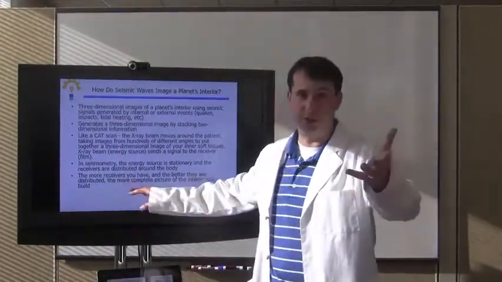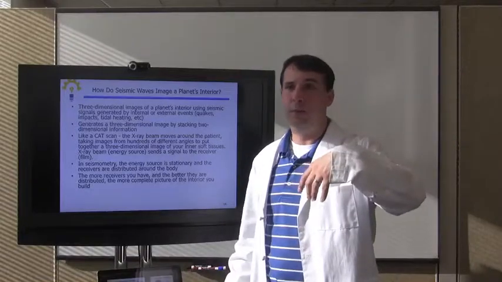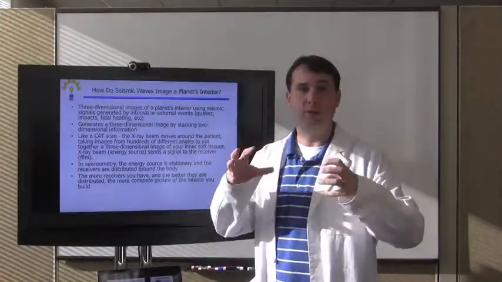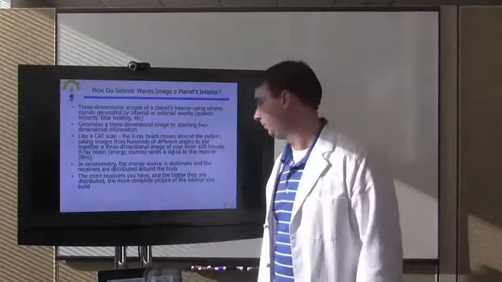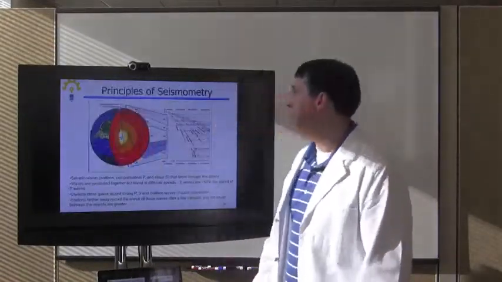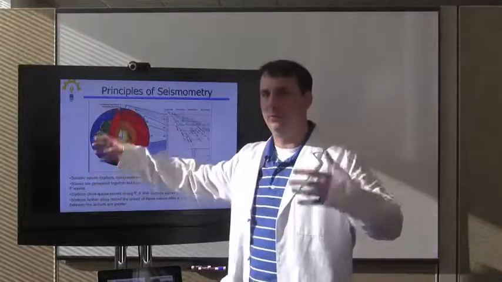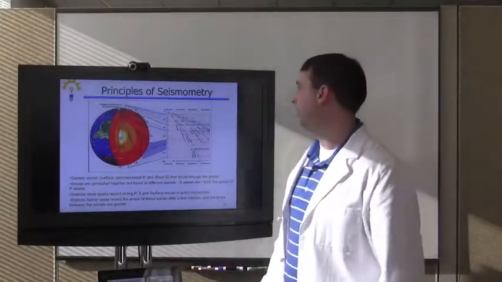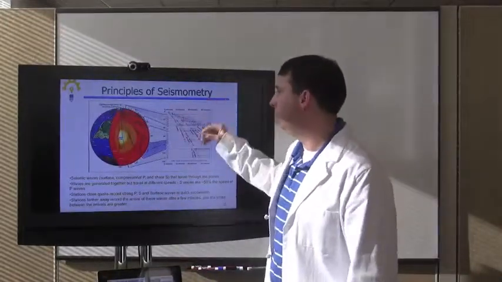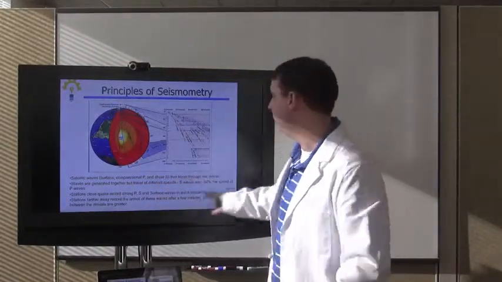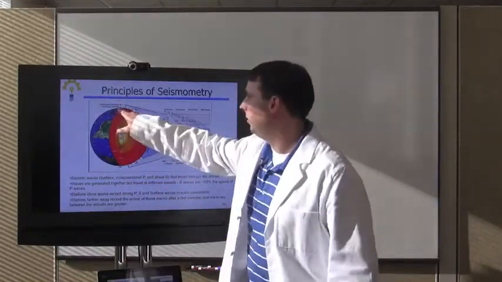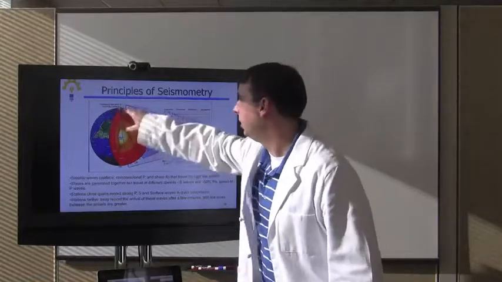So the more receivers you have on the planet, the more sensors you have around the planet to sense this seismic event, the better, obviously. So this is the Earth. Don't let this fool you, this is not Enceladus. But seismic waves happen. There's P waves and there's S waves. P waves are compression waves. S waves are shear waves. If there's an event, there's an earthquake here, it travels through, and